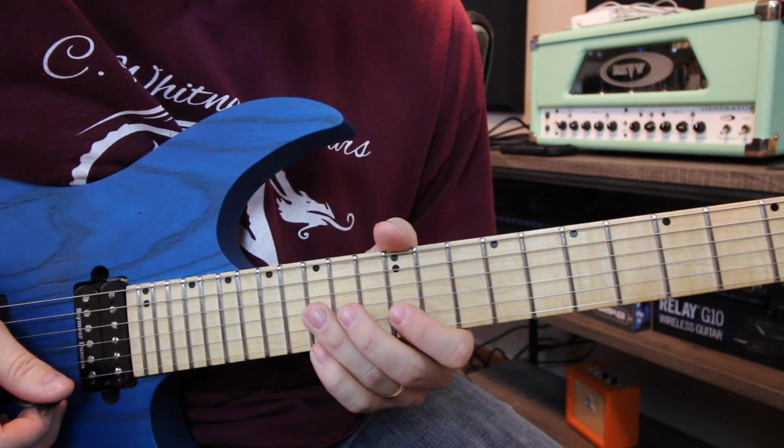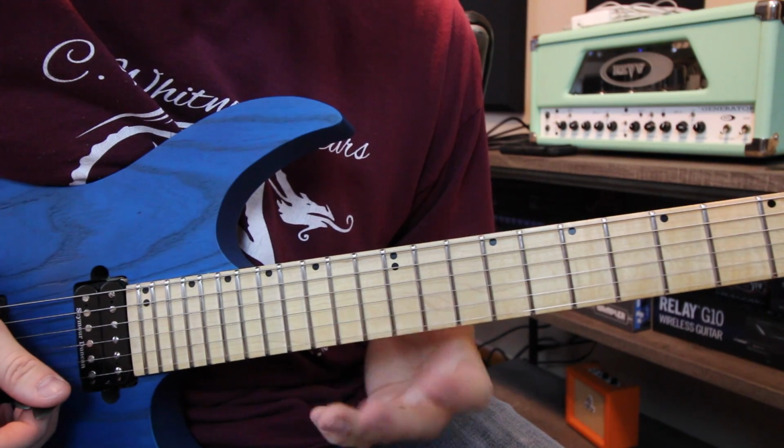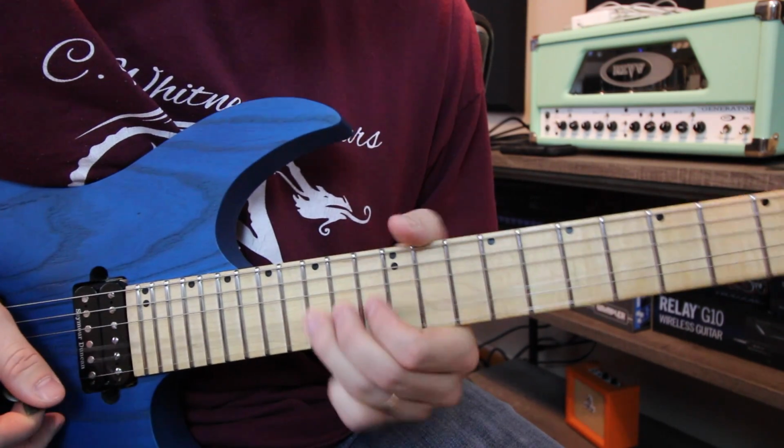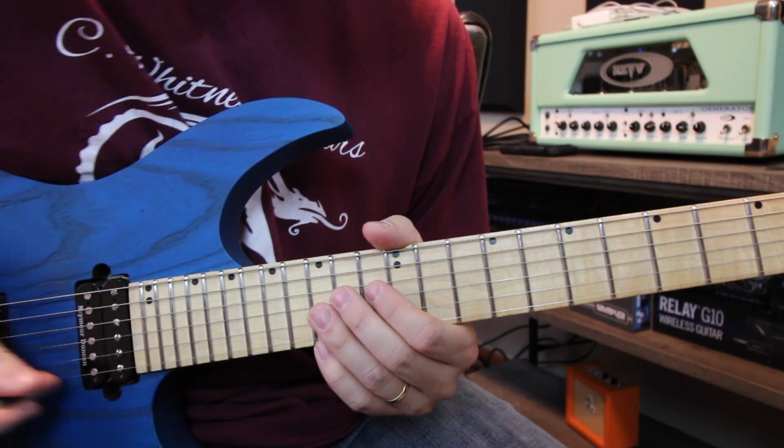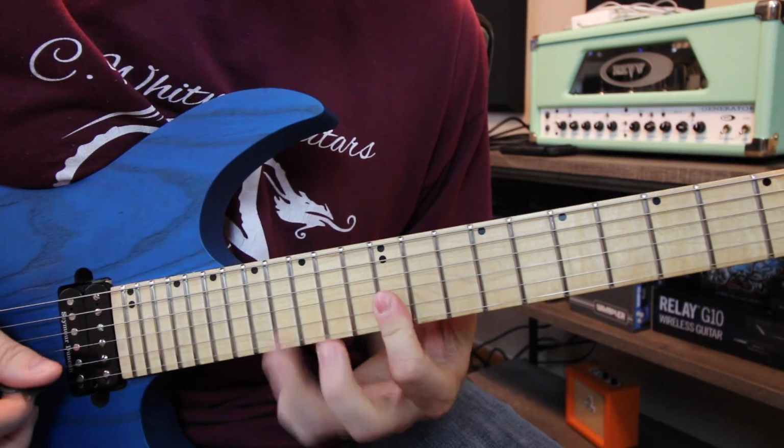And then what I do is I do another hand run from nowhere to the 15 on the G. Yeah, flat 5, so it kind of makes it a little bit more mean sounding instead of just going to that 14. So...